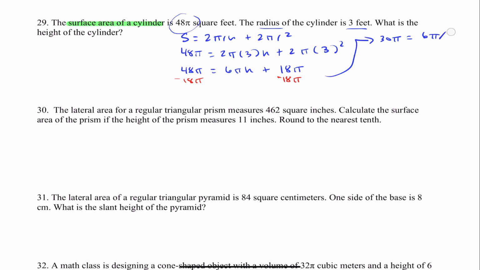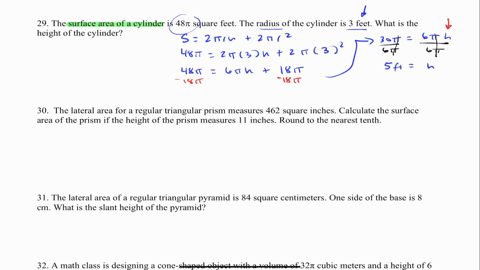Oh, sorry, not 6 pi RH. That's going to be 6 pi h. And then I'm going to solve for h. So I'm going to divide both sides by 6 pi. So the pi's will cancel. And then on the left-hand side, 30 divided by 6, of course, that's going to be 5. So 5 equals h. And our unit of measurement is in feet, so it's actually 5 feet for the height,